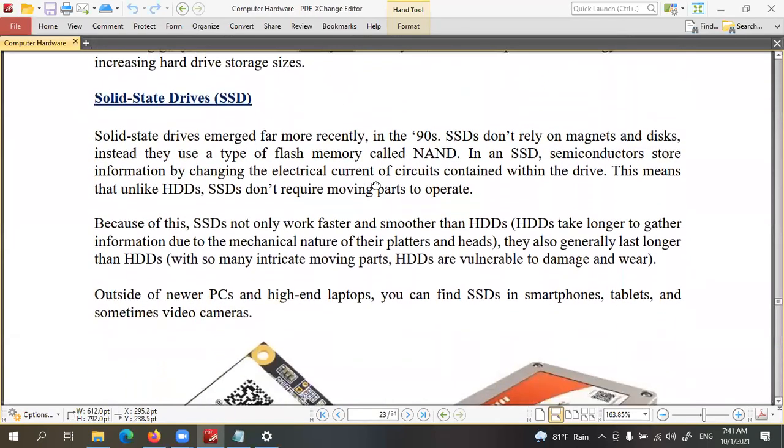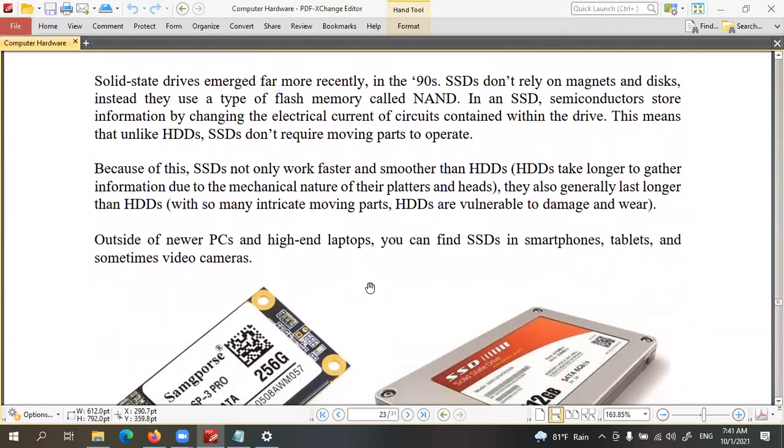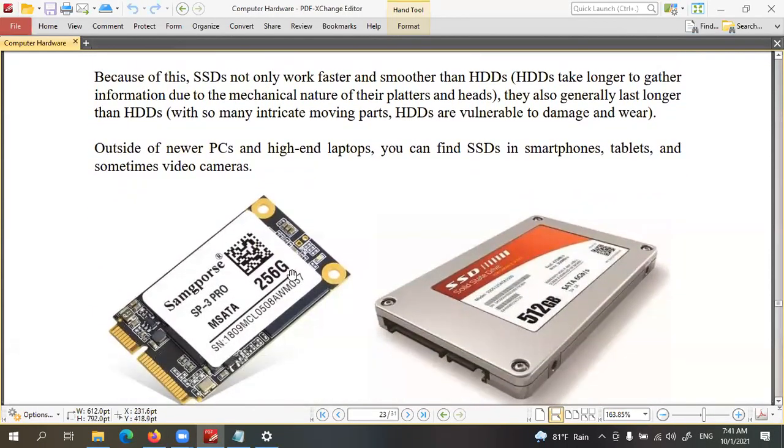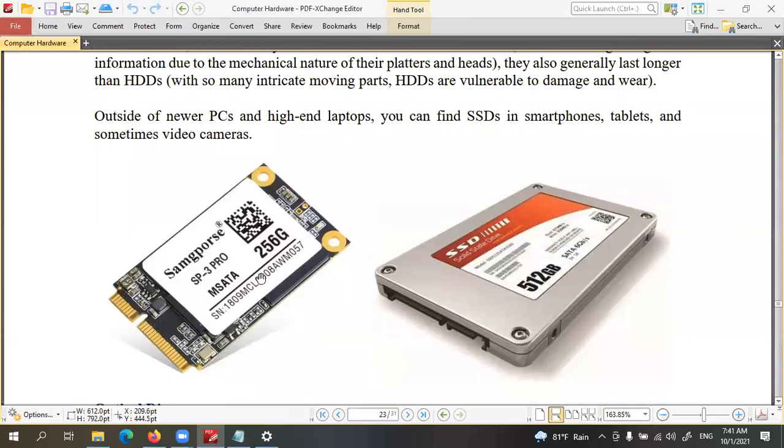Then you must be aware of solid state drive devices. A solid state device is also used as a hard disk. You can see a 256 gigabyte hard disk is like this. It's just a circuit card. The technology used in pen drives is used here, but somewhat more advanced. To develop this kind of memory, the cost is very high. The data is stored in electronic format, voltage format, as logical signals, digital signals.